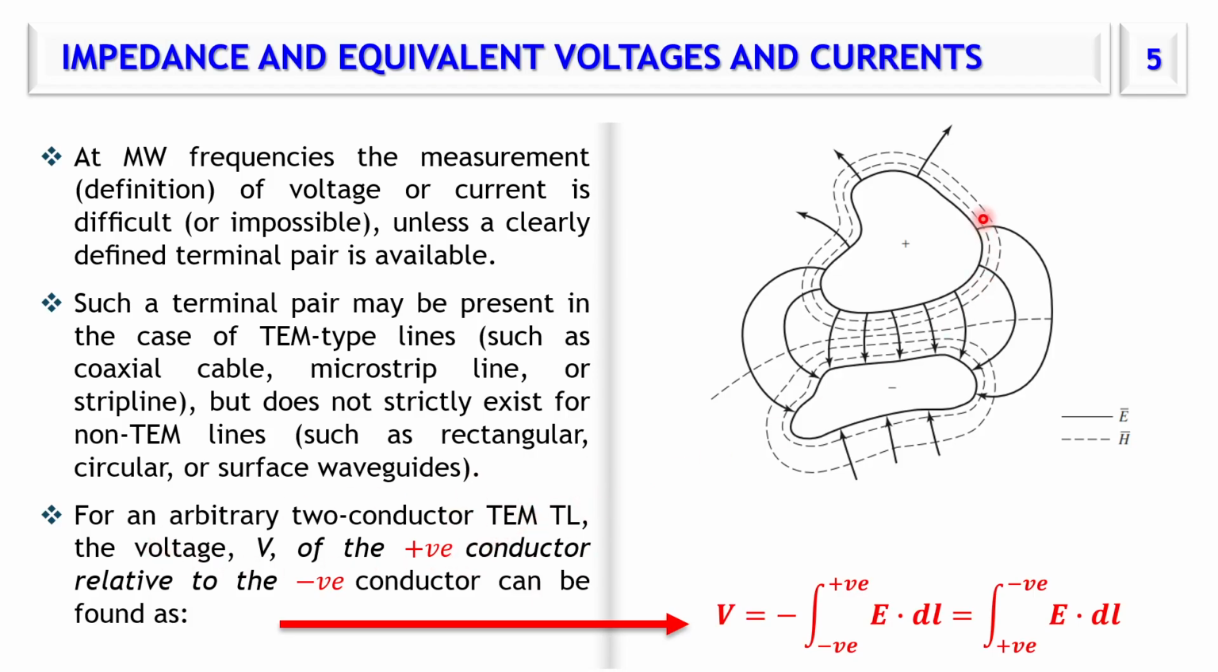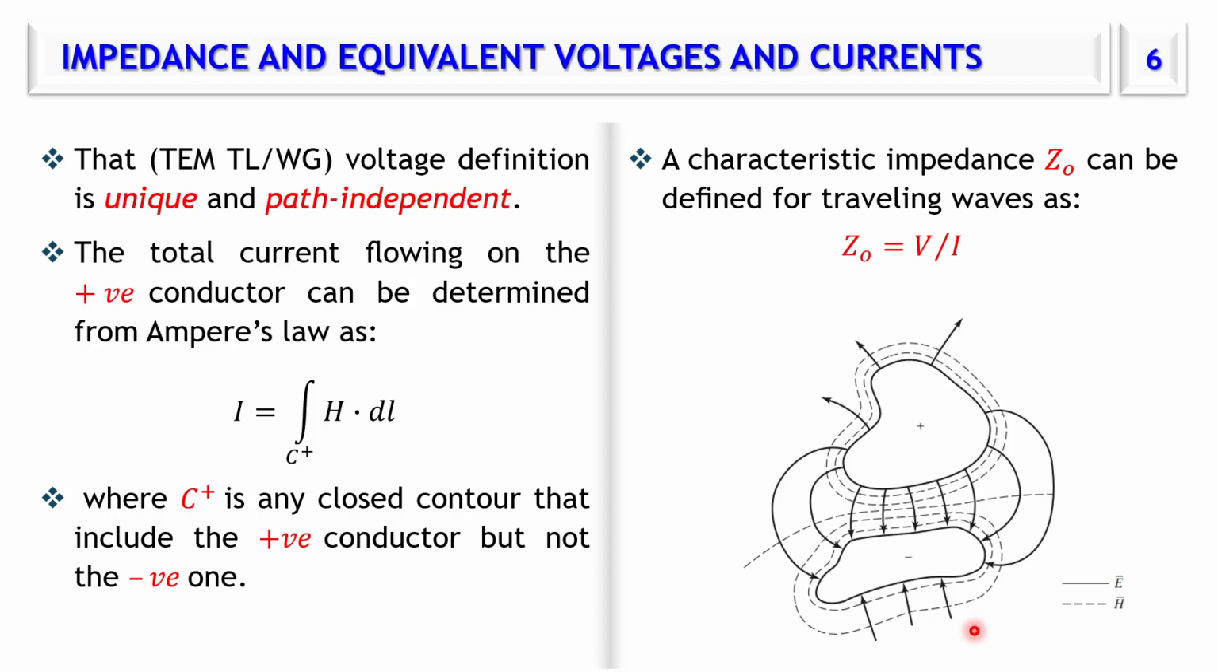In those cases, in this general case of two conductors, one conductor would be positive, the other negative. So the potential difference is path independent between any point on the positive conductor and any point on the negative conductor. So the definition for the potential in this case is very well defined. And for the current,